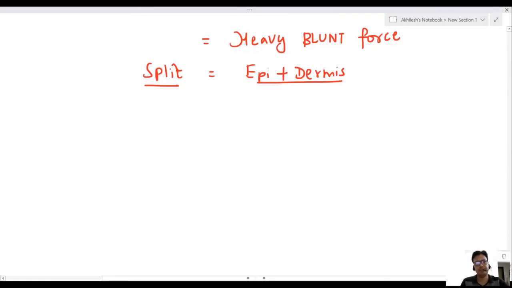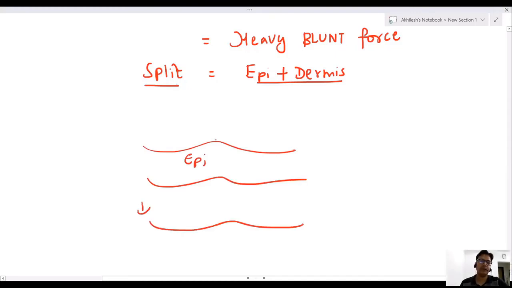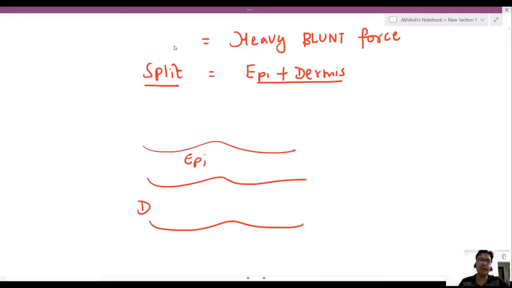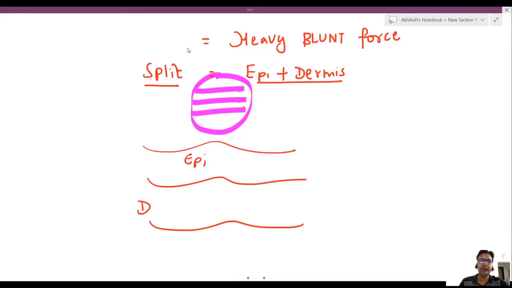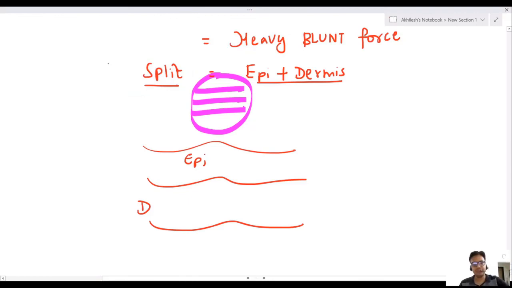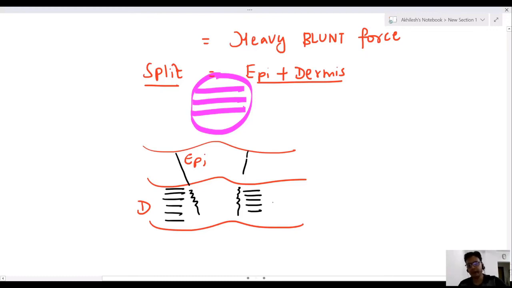See, this is your epidermis. This is your dermis. Now, heavy blunt force, like a heavy stone. So what will happen? In this area, if you use a heavy stone, the epidermis will be split. But the dermis has fibers. Because of the fibers,